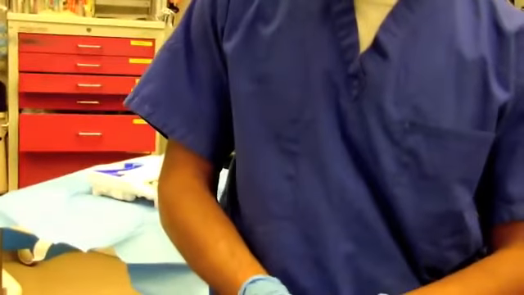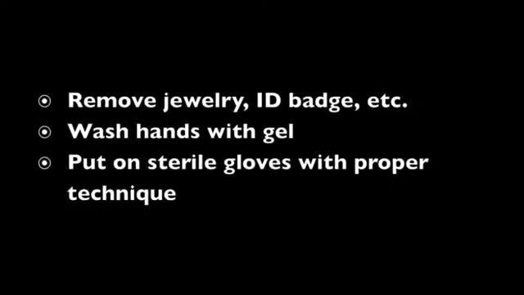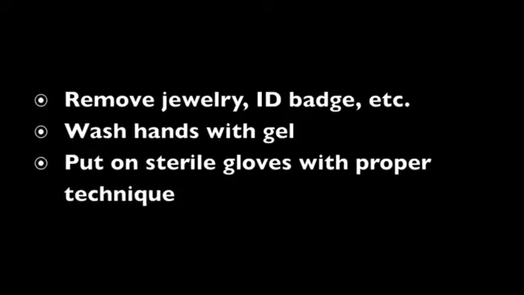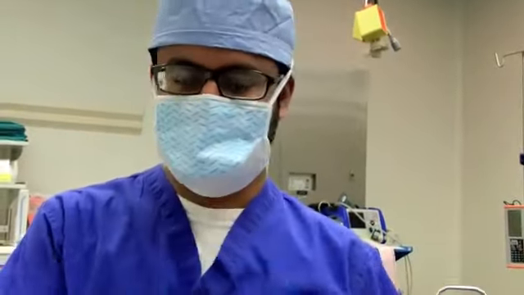Put on sterile gloves with proper technique. Remove jewelry, ID badge, wash your hands. I'm going to remove my pager, my ID badge, my phone, take off the non-sterile gloves, prepare my sterile gloves,